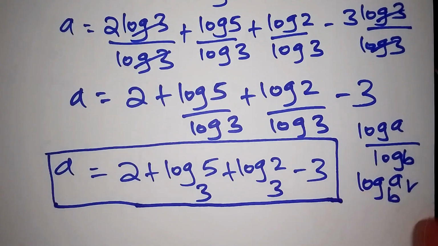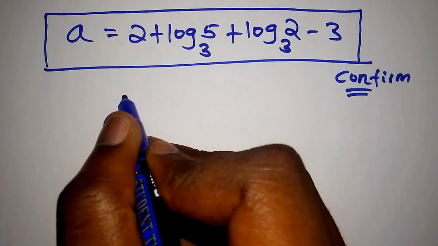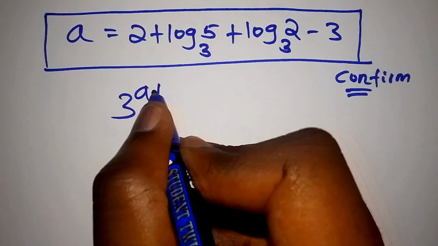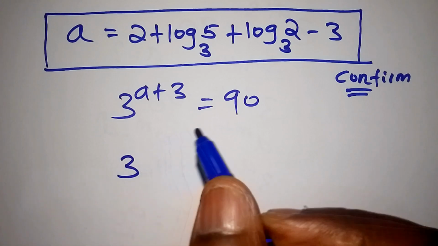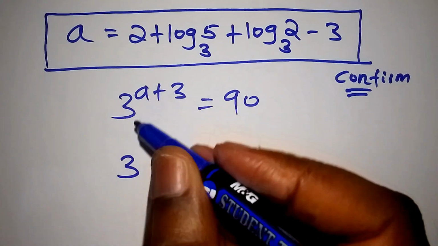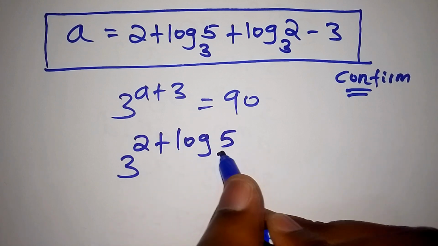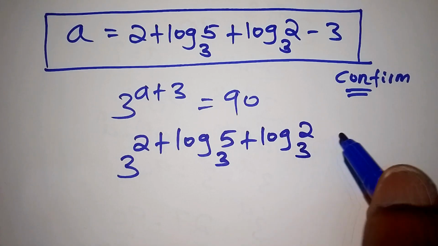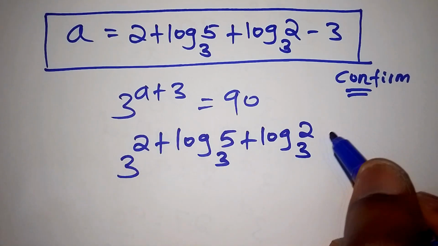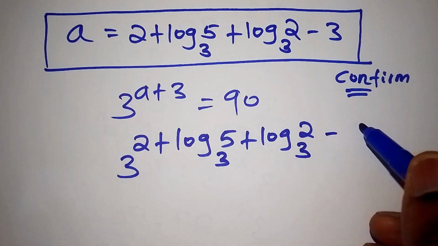So now we can confirm if truly this is the correct answer. Let's do it. The maths problem we were tackling was 3 to the power of a plus 3 equals 90. So now we write 3, then instead of writing a, we write all of this: 2 plus the log of 5 to the base of 3, plus the log of 2 to the base of 3, minus 3, then